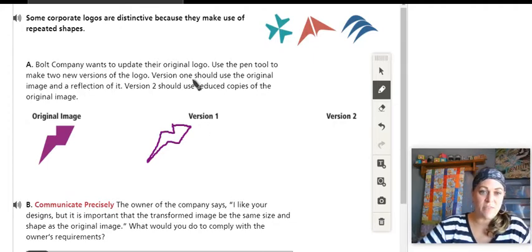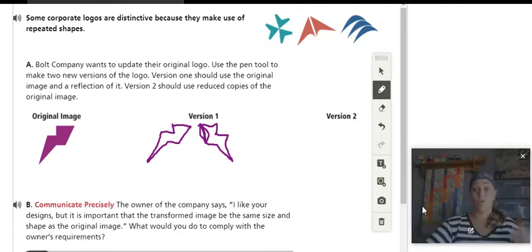And then it says version 1 is the reflection. So here's my original. Let's see if I can do this reflection. Down, over, kind of out, in. Okay, that's pretty bad, but that should be kind of straight like that. There's my gorgeous